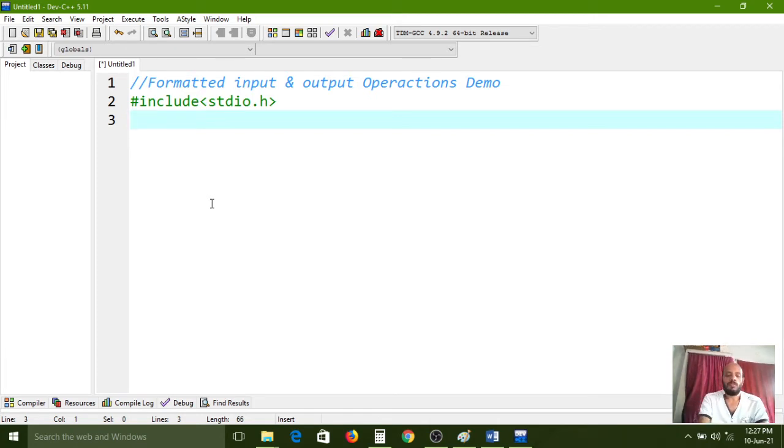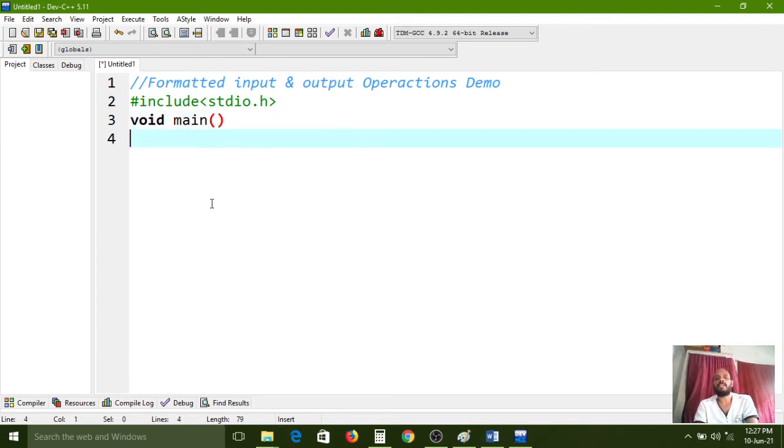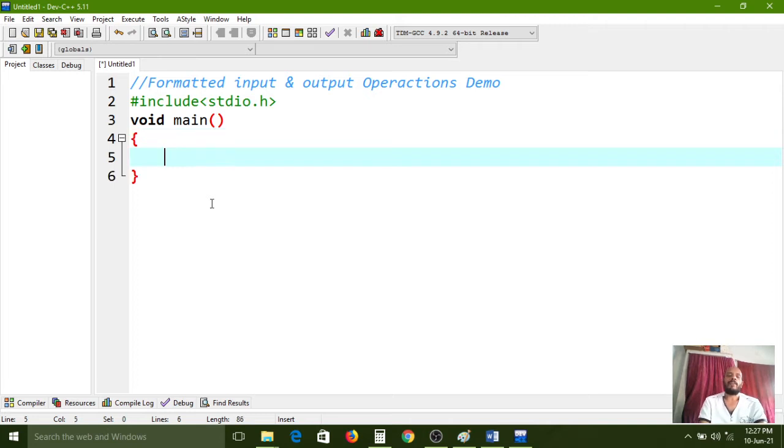Now void main is the executable function. Without a main method we can't execute any C program. Here I am writing the statements, and execution starts with the main method. The main function contains statements, and they execute line by line. Carefully observe here, one printf function I am using. For example, this program belongs to an ATM.